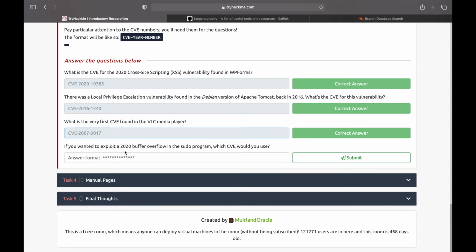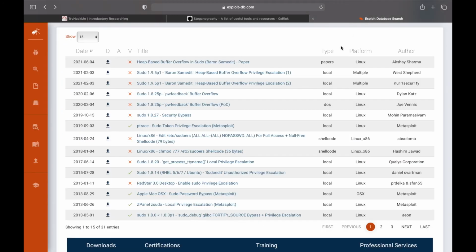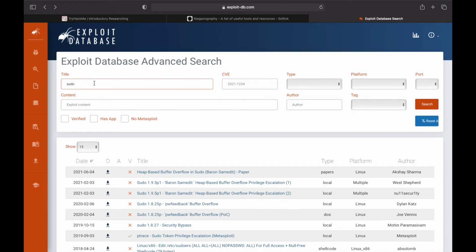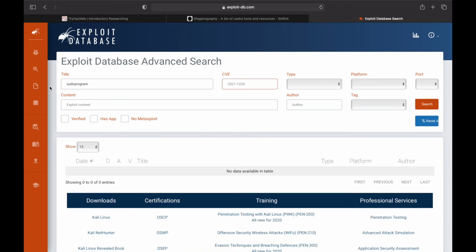If you wanted to exploit a 2020 buffer overflow in the sudo program, it's not giving any results.